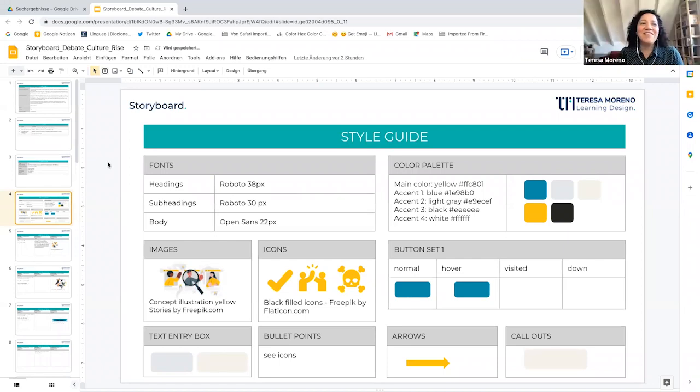Because this is a portfolio piece, but for me it was important to go through the whole process. So I have my storyboard and I have the style guide. If you have figured this out and set it for yourself, then it's going to be way easier when you start developing. Otherwise you have to struggle to stick to it. You have spent time figuring out what you want to reach, so stick to it and don't get distracted by wanting to add more things and more colors. You have to constrain yourself in order to be creative, and to just focus. And here you see I have 2 fonts,